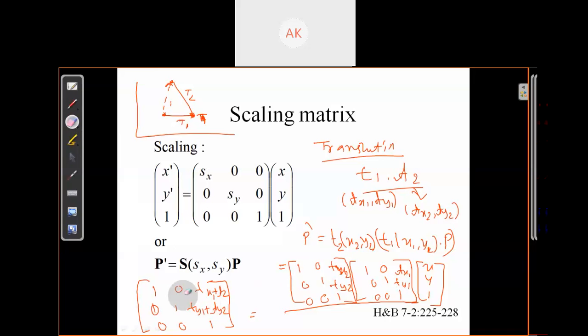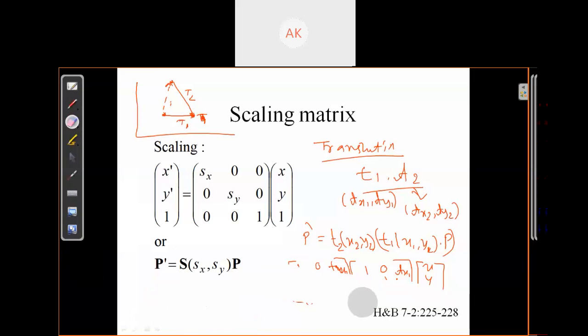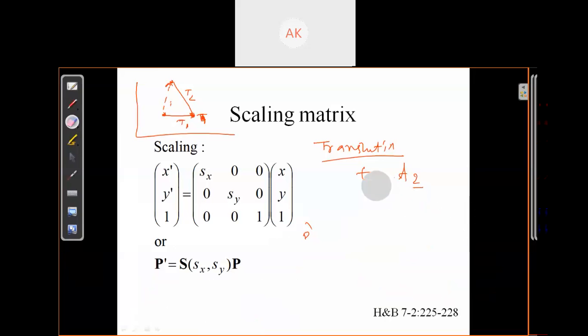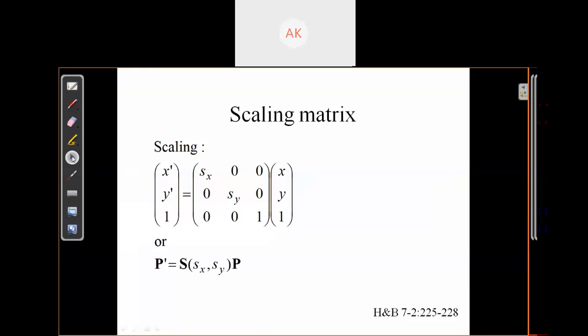In the same way, you can apply rotation. Suppose you want to rotate an object with theta 1, then theta 2, meaning we are applying rotation two times. A sequence of rotations means first we rotate the object with theta 1, then after rotating, we again rotate this object with the theta 2 angle.